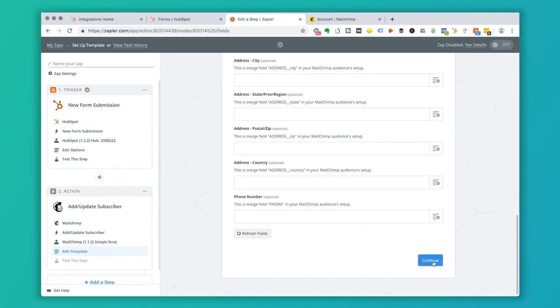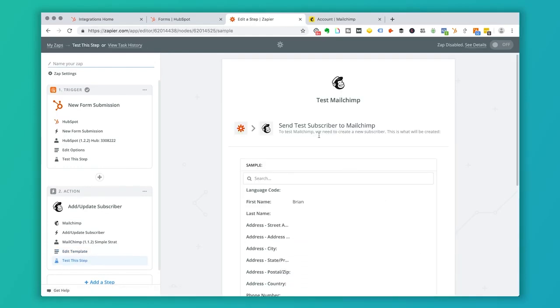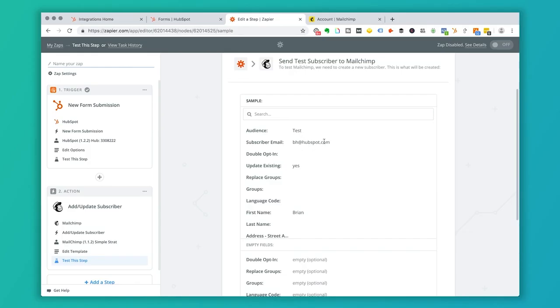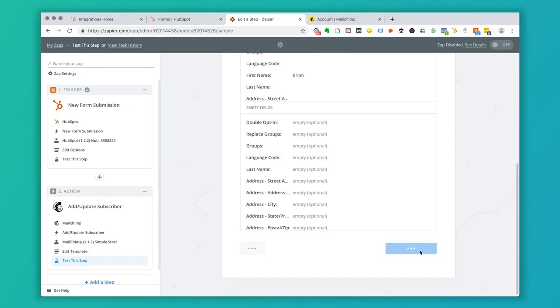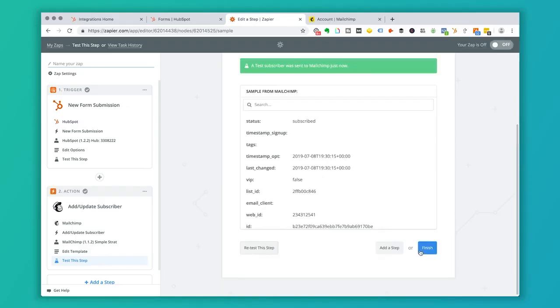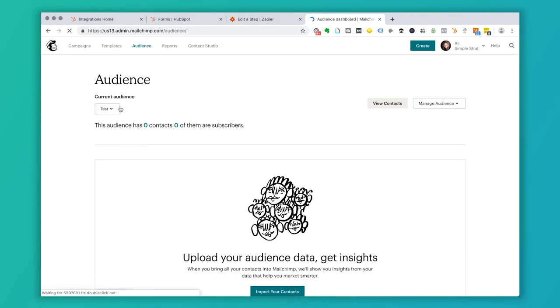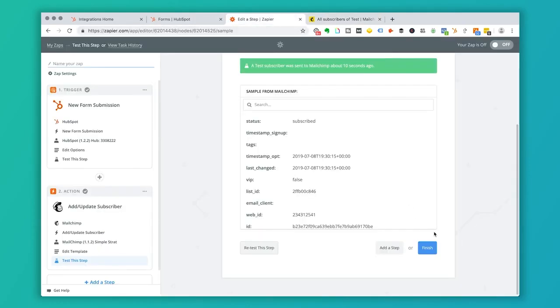So we're going to click on continue. And then this will send a test subscriber to MailChimp. So it's going to use this test from, basically this is one of the founders of HubSpot here. And I'm going to click send test to MailChimp. All right, so a test was sent to MailChimp. So if I go into here, into my audience, and I go into test, and I click on view context, I have this test that just showed up from Zapier. So then basically I've got finish,